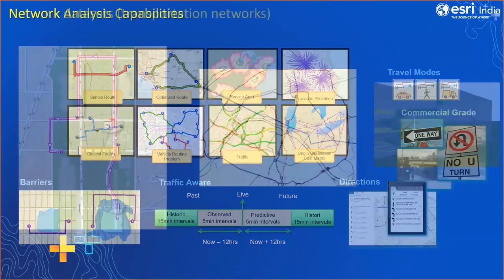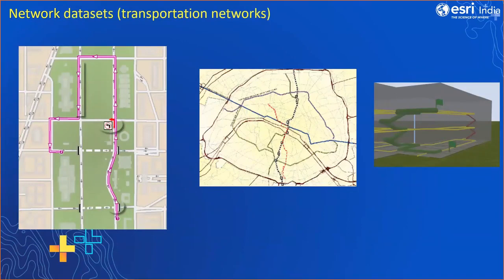So to perform all this analysis and to take advantage of all these capabilities, we first need a network dataset. So with ArcGIS Network Analyst, you can create network datasets. With your road network, you can find out the junctions, you can model all the turns, and we also support multimodal networks. For example, you can combine your metro network, rail network, and road network together to give a comprehensive routing solution for you.